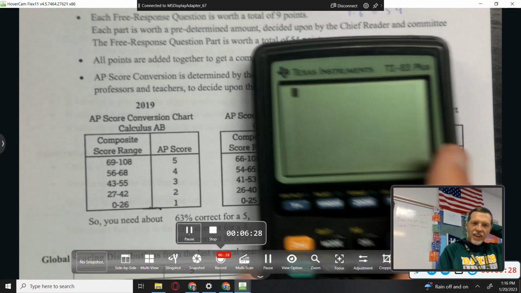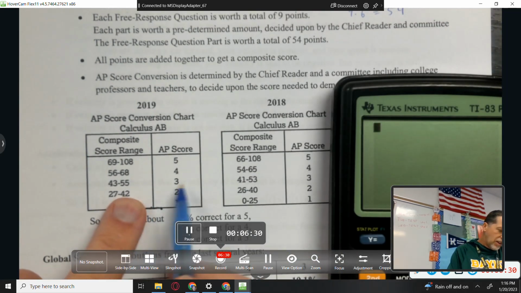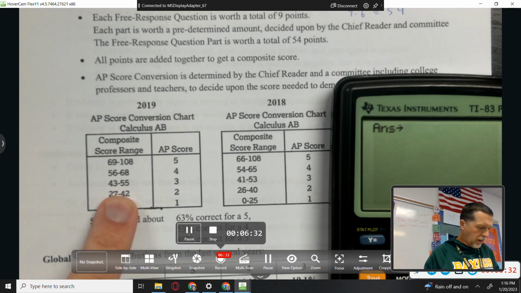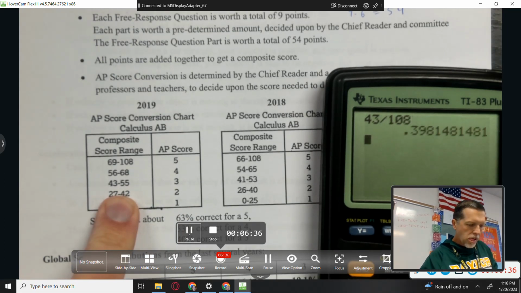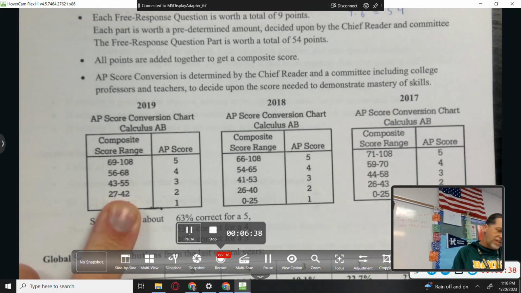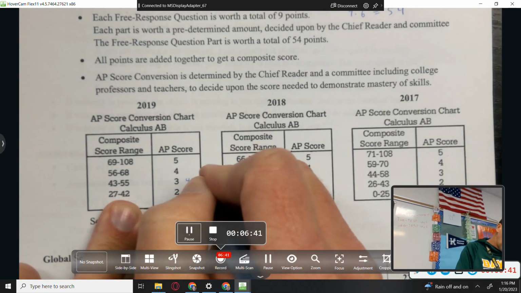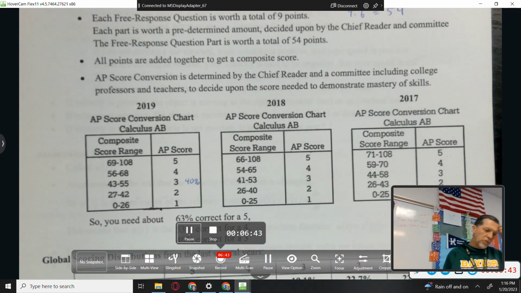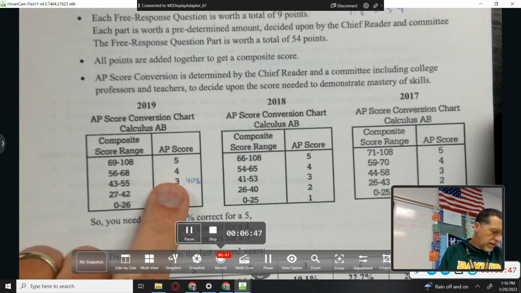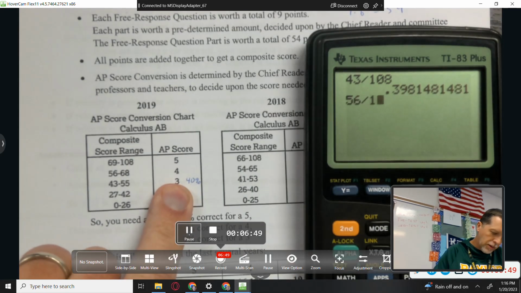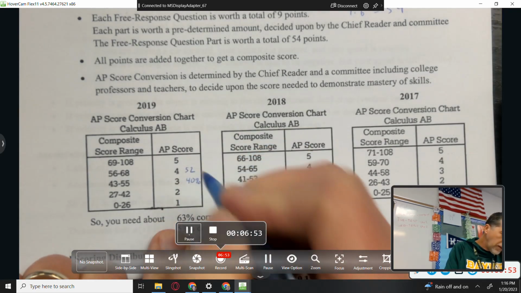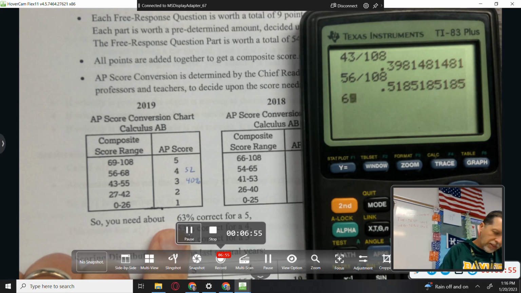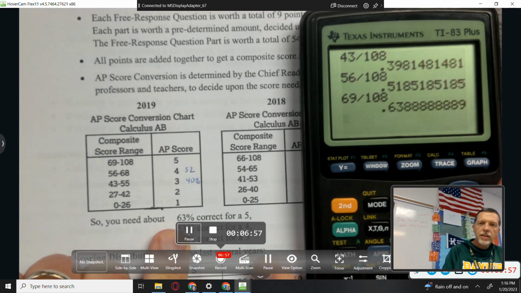So let's see. This is out of 108. To get a 3, you needed to get a 43 out of 108. That's 40%. So in 2019, you just needed to make a 40, and you would pass. Let's see, 56 divided by 108. You needed a 52 to get a 4. And 69 divided by 108, 64%